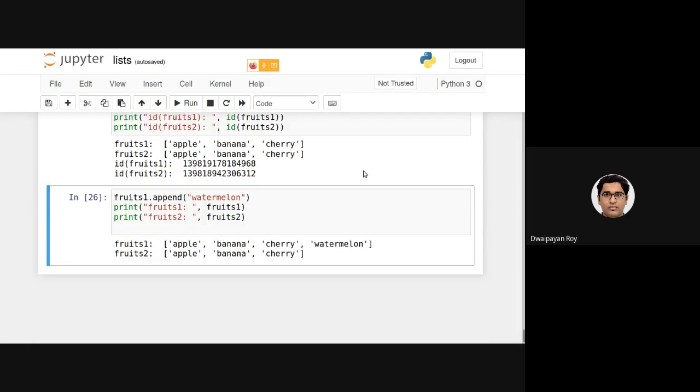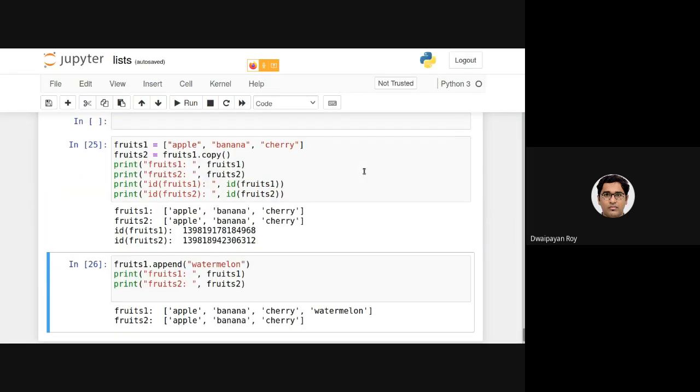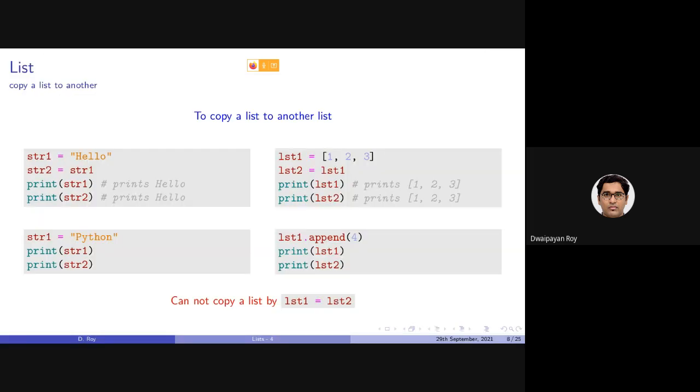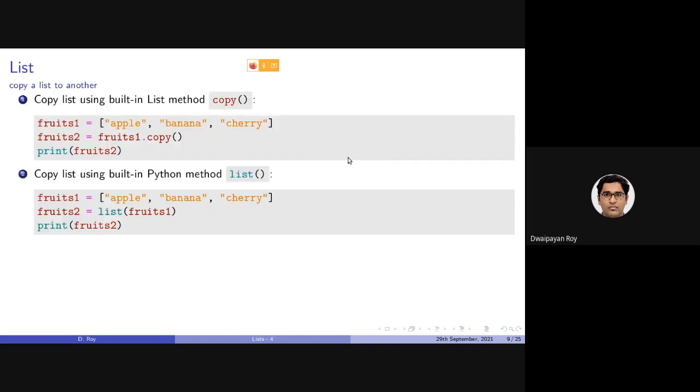So this is the way of copying one list into another. Note that again, I'm repeating, this is making another reference to the same list, but this is basically making a copy of the existing list into another. Another way of doing the same thing is using this list function, which you can consider as a constructor, which copies an existing list into another list.